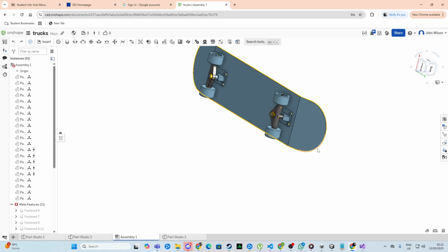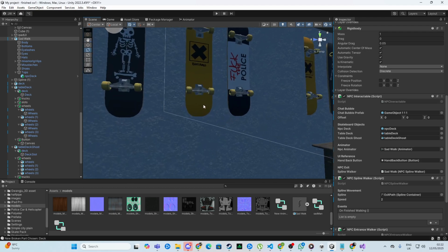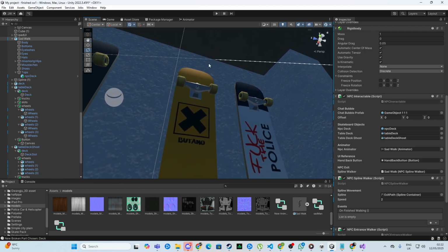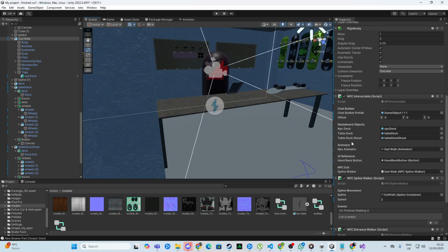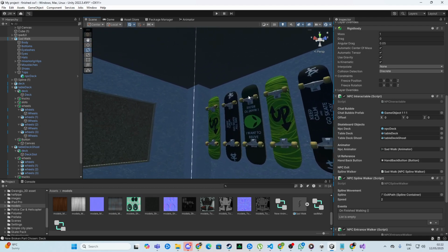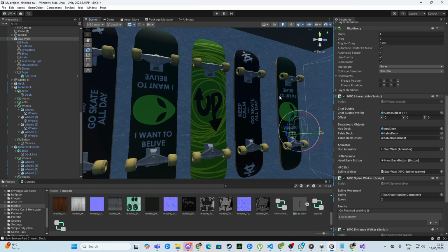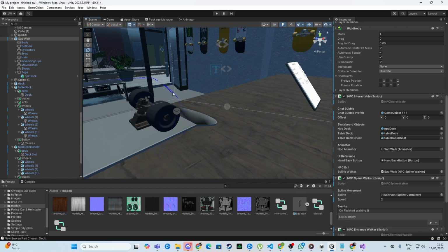to make it easier for me to take it apart, because the decks that I have in game on the wall, you can't take them apart, they're just one solid thing. I actually think mine is better than theirs. If you look at theirs compared to mine, if I knew about applying skins and things, I actually think I did a better job than they did with their decks, if I'm honest. If you look at my trucks,